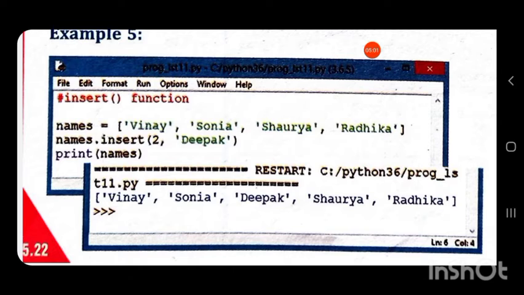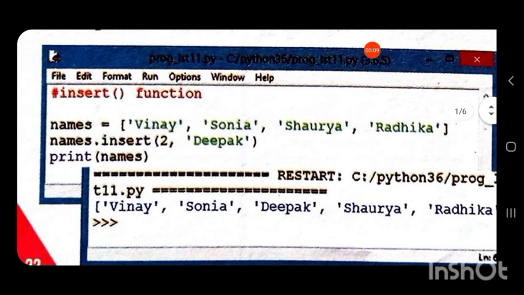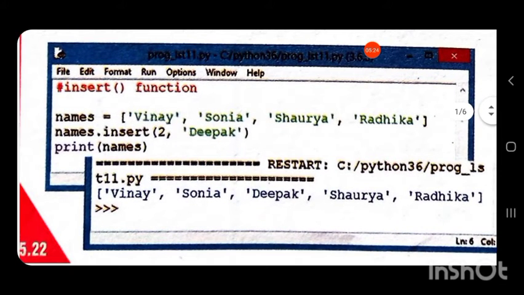Names are strings, so they are always enclosed in single quotes or double quotes. Then we have the function to insert. We want to insert a name Deepak at index position 2. A list always starts from index position 0. So at index position 2 we have to insert the name Deepak.